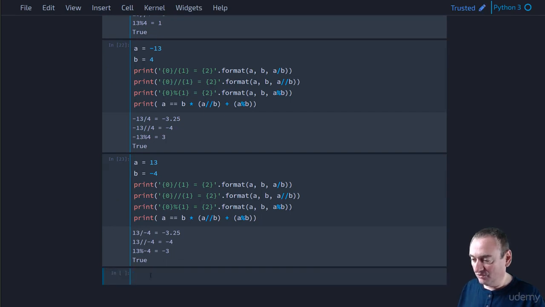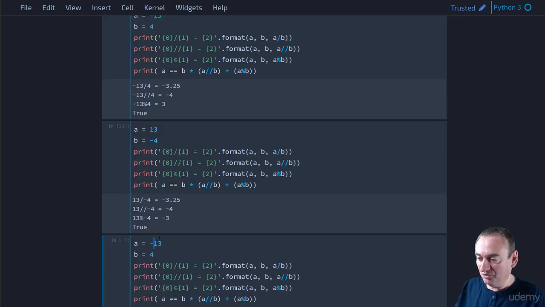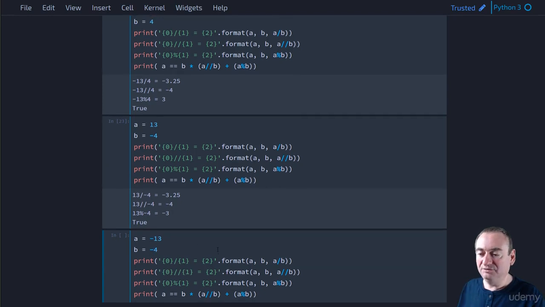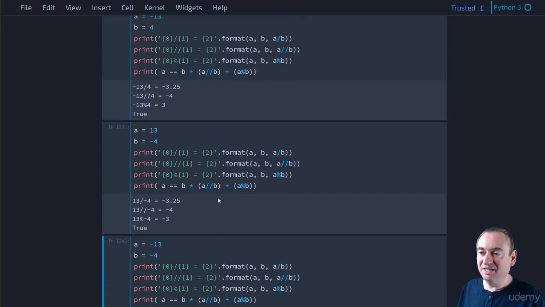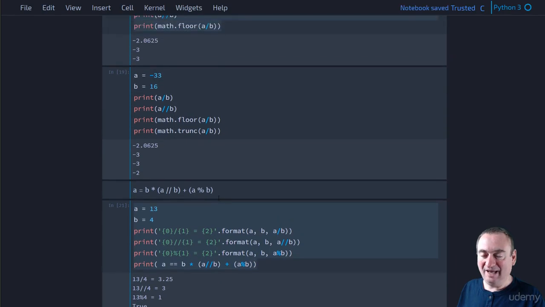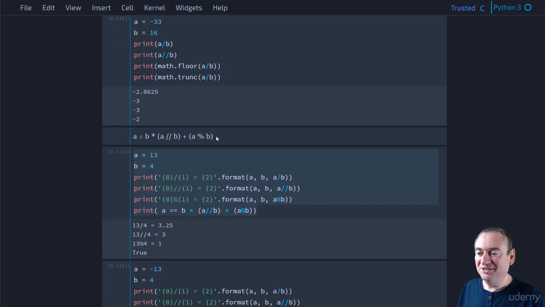And let's do one more, where we're going to set both A and B to negative. And when we run that, well, again, we get that the equation evaluated to true, right? So in other words, that equation was valid. So that expression evaluated to true, which means that the equation, and this is the last time I'll mention it in this video, this equation here